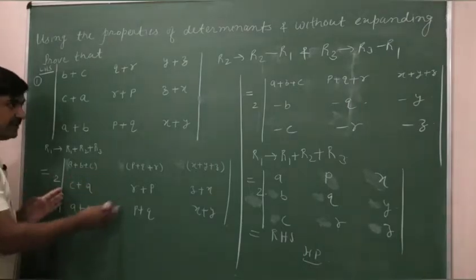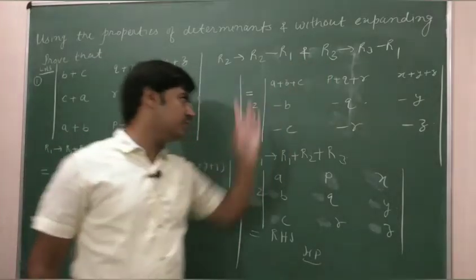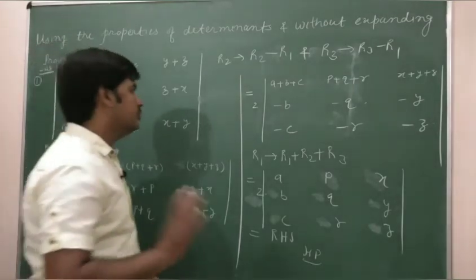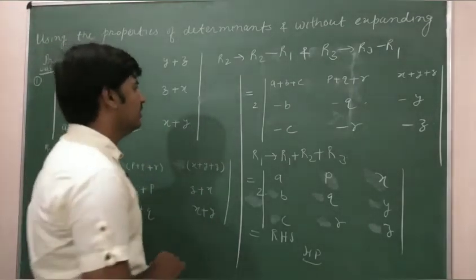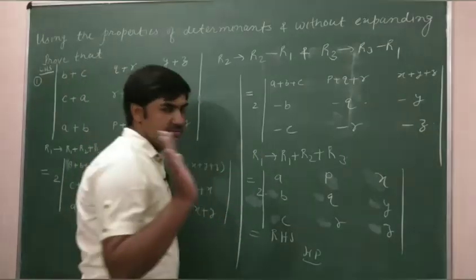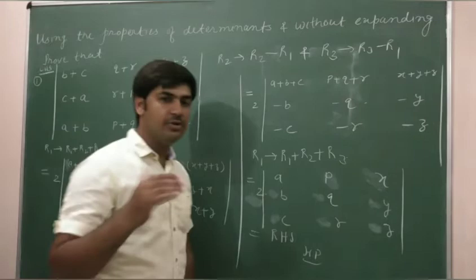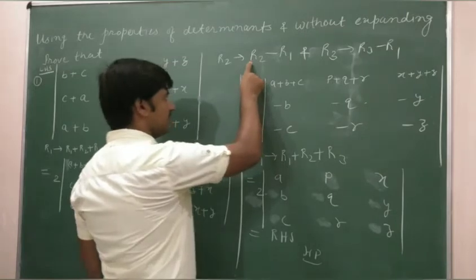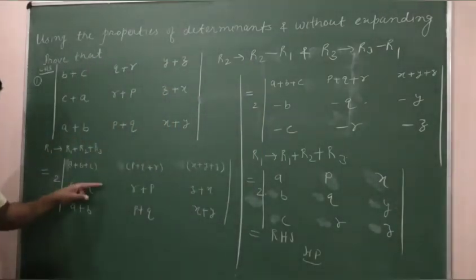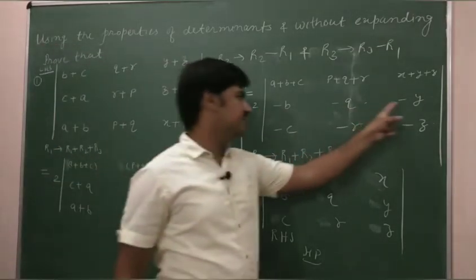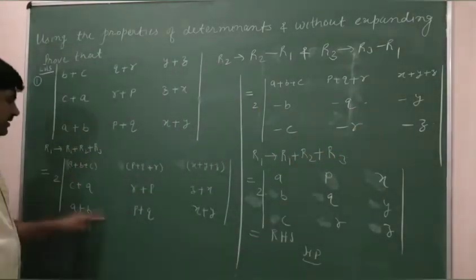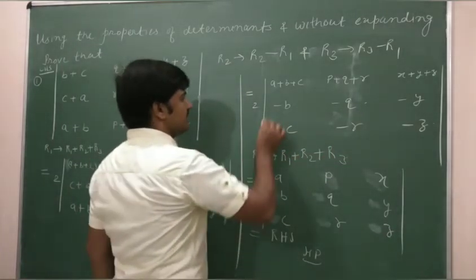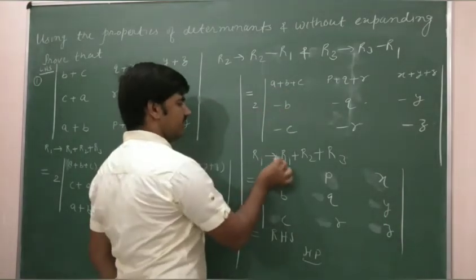So from this particular determinant, these 2 properties I have used together. You are not to use 2 properties together initially, as you may commit some mistake. Later on, when you will be perfect, you can use 2, 3 properties together, there is no issue. So once we use this particular property, R2 is replaced by R2 plus R1, then we are getting these elements, and then R3 is replaced by R3 plus R1, then we are getting these elements.